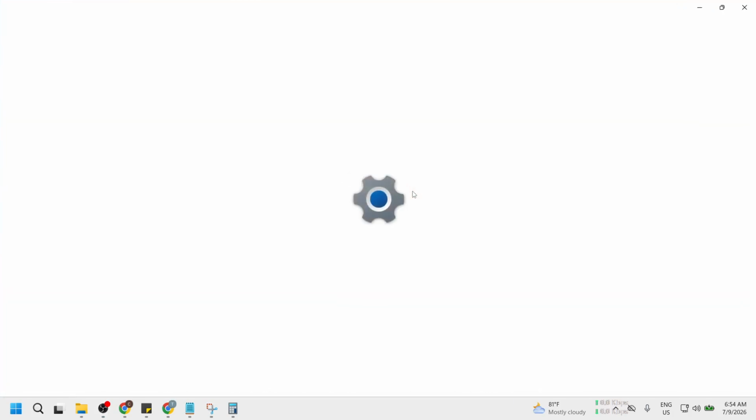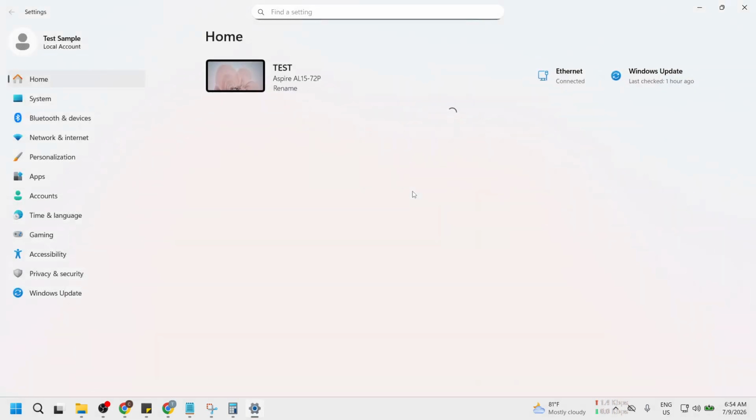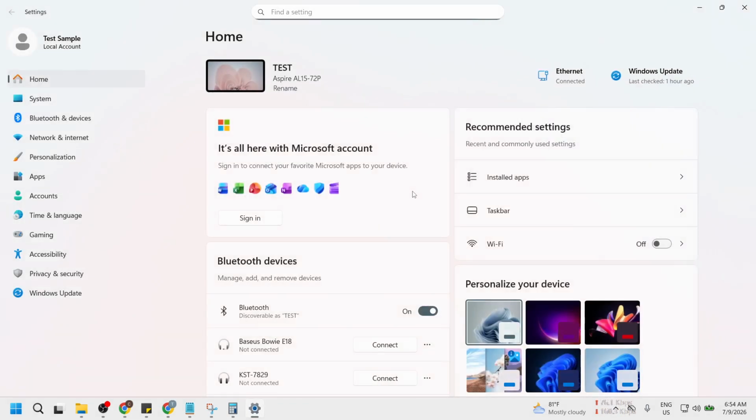You will see a clean interface with various options available. This is an essential starting point because the settings menu is where you manage your device preferences. If you look closely, you will notice that the settings are organized into categories for easy navigation. This makes it simpler for you to find the options you need.